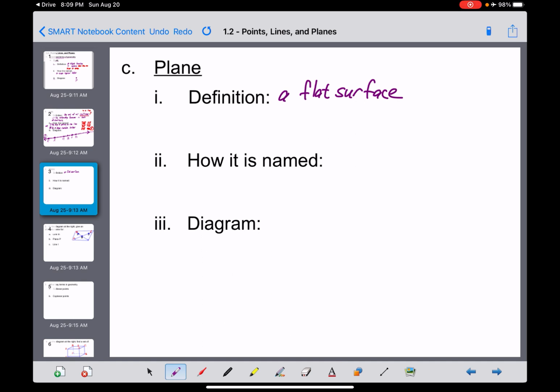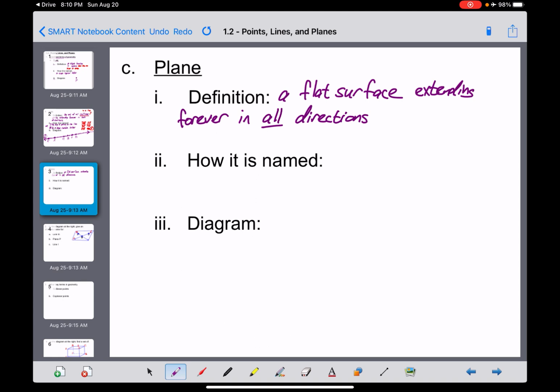The difference being here that in a plane, it's a flat surface that is extending, again, infinitely is really the word I want to use, but I'm going to say forever in, and now I'm not going to say both directions like we did last time. We're going to say all directions. And what that implies, guys, is that while a line extended forever in two directions, to the left and to the right, a plane extends infinitely all over the place. So if you were to think about,